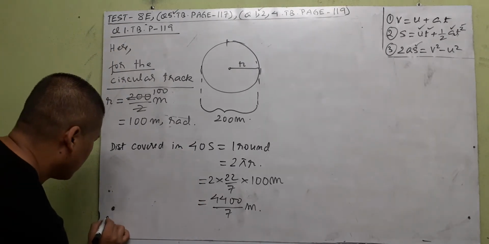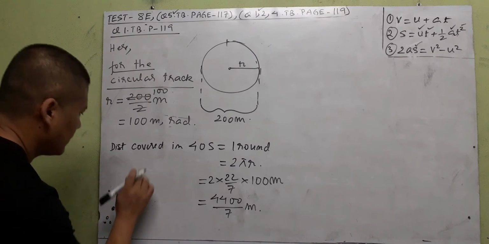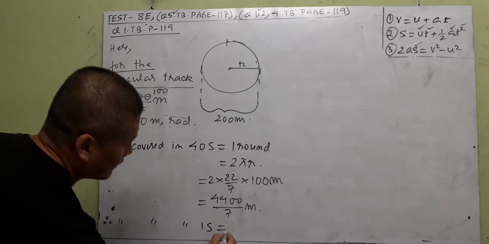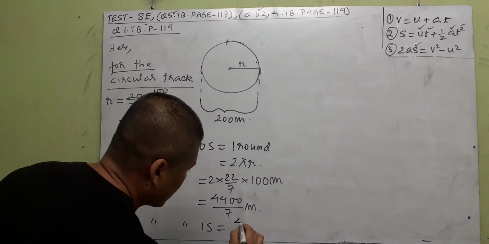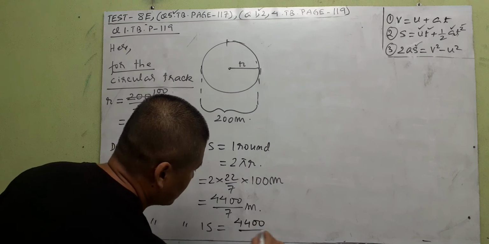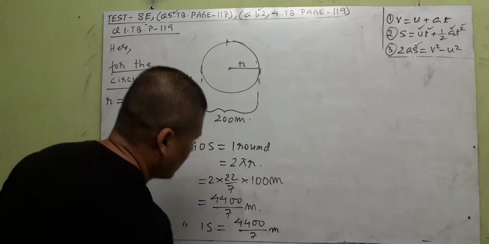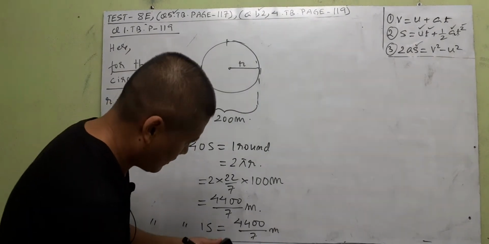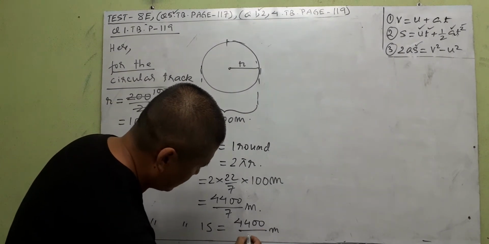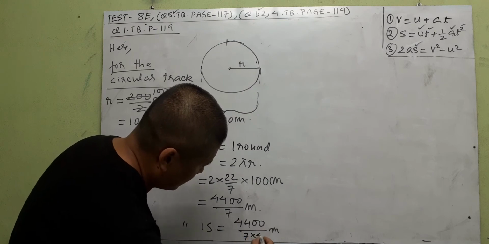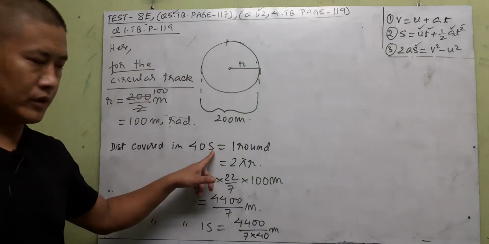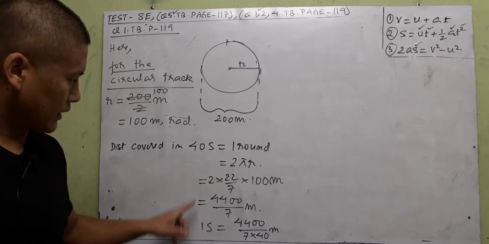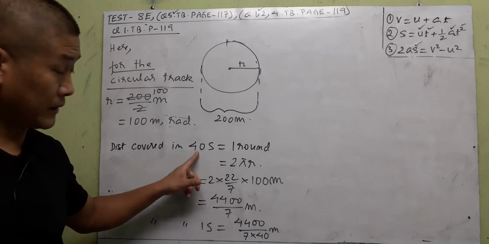Now let us find out the distance covered in 1 second. It will therefore be equal to this same number, 4400 divided by 7 meter, divided by this number. That means this 40 will come down. The second, we should not bring a unit, but a number. For 40 seconds, this much, so 1 second will be right side divided by left side, like the